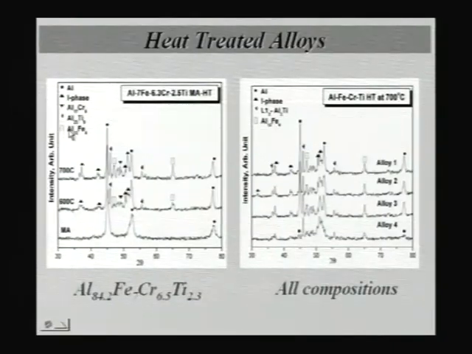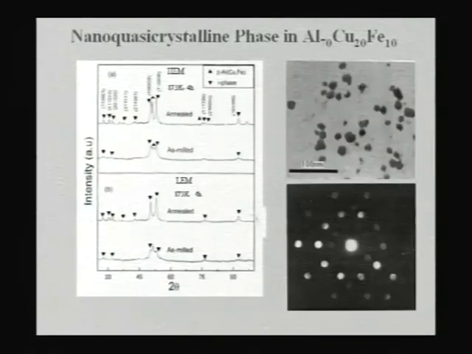So if one can have proper control on the temperature and time, one can get only the nano-quasicrystalline phase and generate the strength levels that we talked about just a while ago. One can also make bulk nano-quasicrystalline alloys in simple systems such as aluminum, copper, iron. This is a standard composition. A lot of people have worked on it. For example, aluminum, copper, iron is known to be a stable quasicrystalline composition.